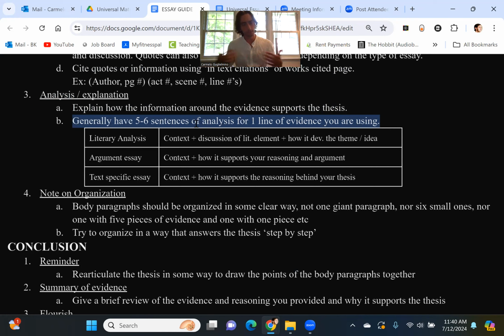A lot of times, and this gets back to that skill of articulation, when we try to articulate something, we skip over a lot of information. We haven't really communicated all the information we should effectively. So you want to make sure if you're analyzing Romeo's flaws, that you're not just saying, oh, he's impulsive. It's like, okay, well, what does impulsive mean? How is he impulsive? Well, he's impulsive because he killed Tybalt. Okay, but why did he kill Tybalt? How is that impulsive, right? Because you can kill people sometimes and it not be that impulsive. Why is this specific example impulsive, right?